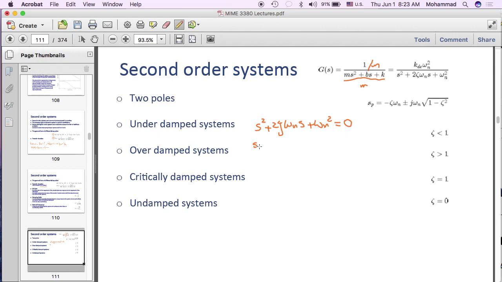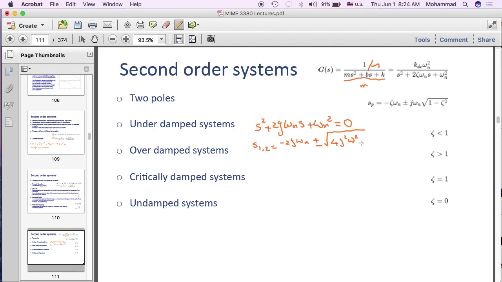So s1 and 2 are going to be, in the quadratic formula, the coefficient of s squared is a, the coefficient of s is b, and the last portion is c. So the formula calls for minus b, so minus 2 zeta omega n, plus or minus the square root of b squared, which would be 4 zeta squared omega n squared,